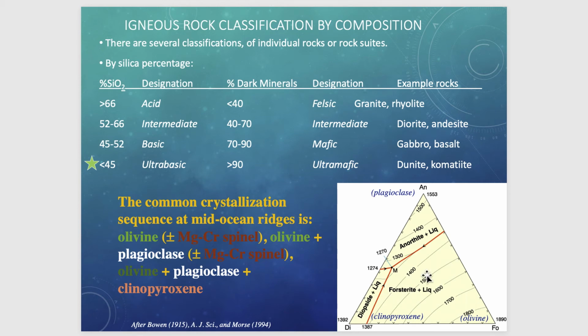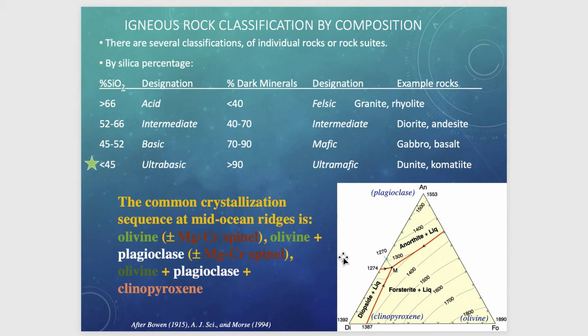So of course this diagram has implications also for the sequence of crystallization. If you are at very high temperature, we tend to form rocks that are exclusively composed of forsterite, so olivinic rocks. And then when we cool down the system, we start to develop more plagioclase and progressively go down to a